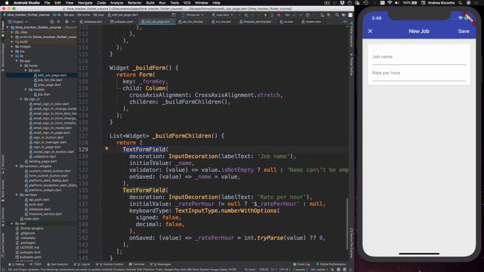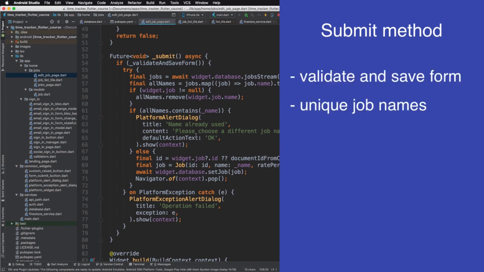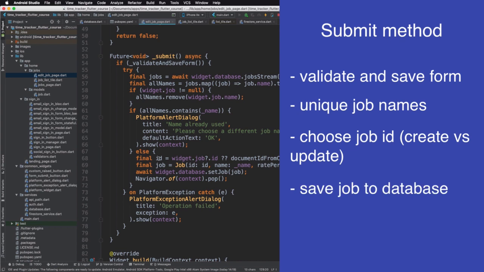Finally, I'd like to point out that the submit method of our edit job page is rather large because it includes logic to validate and save the form, to check if a job name was previously used, to choose the job ID depending on whether we are creating a new job or updating an existing one, and then to save the actual job in Firestore and to handle errors as well. And I haven't even added any logic for handling the loading state or the focused nodes for moving from one text field to another. So this code is a bit complex,